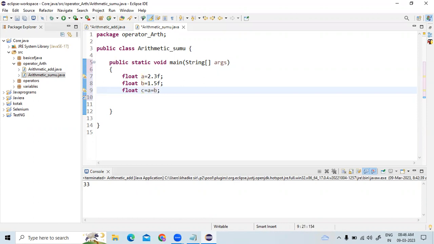Now let's say I want to do multiplication with the same variables. So again, I have to take float d equals to a into b. I have made a mistake over here. It would be c equals a minus b, and d equals a into b. Okay, so by this method,